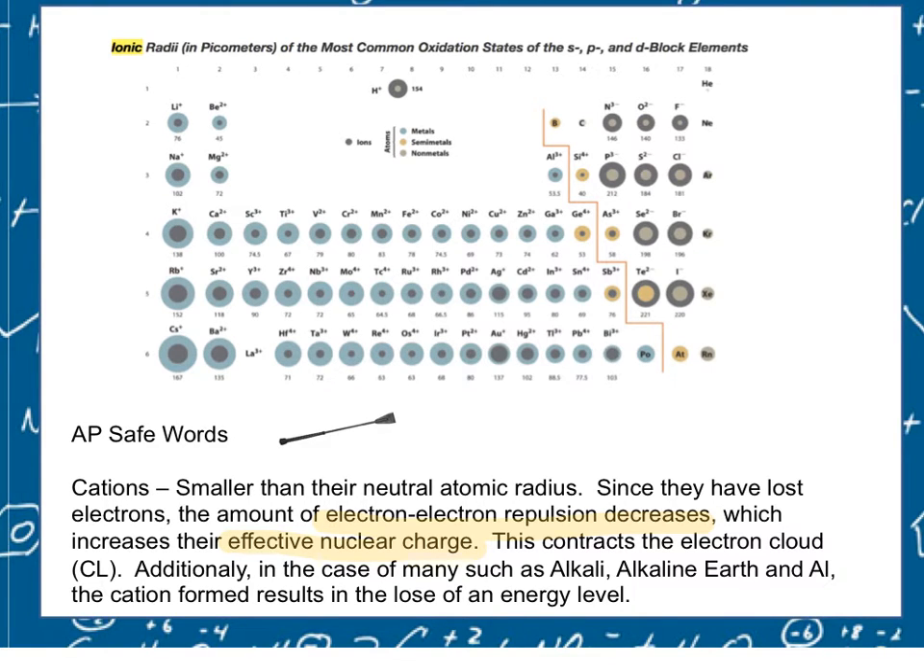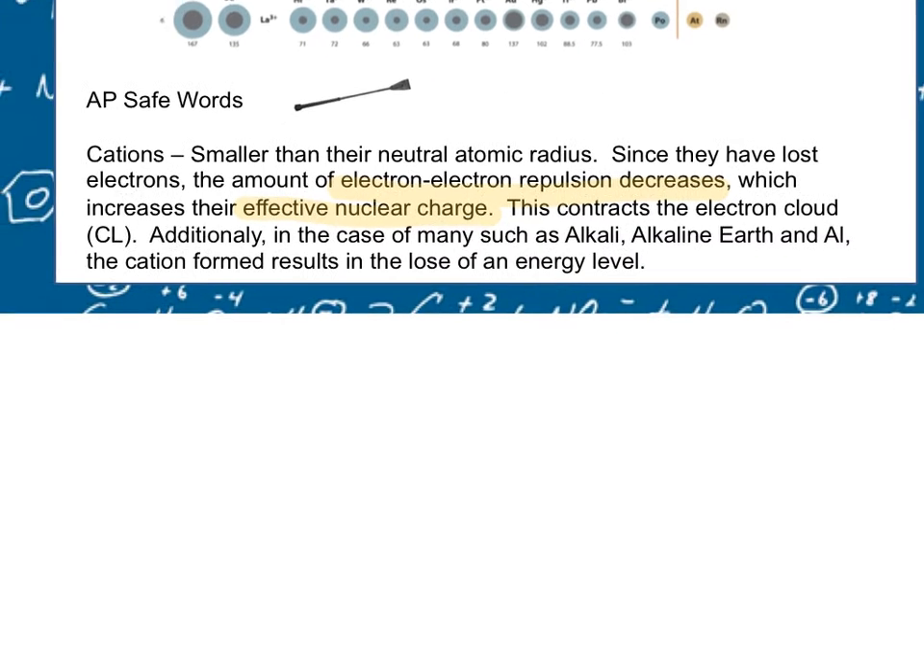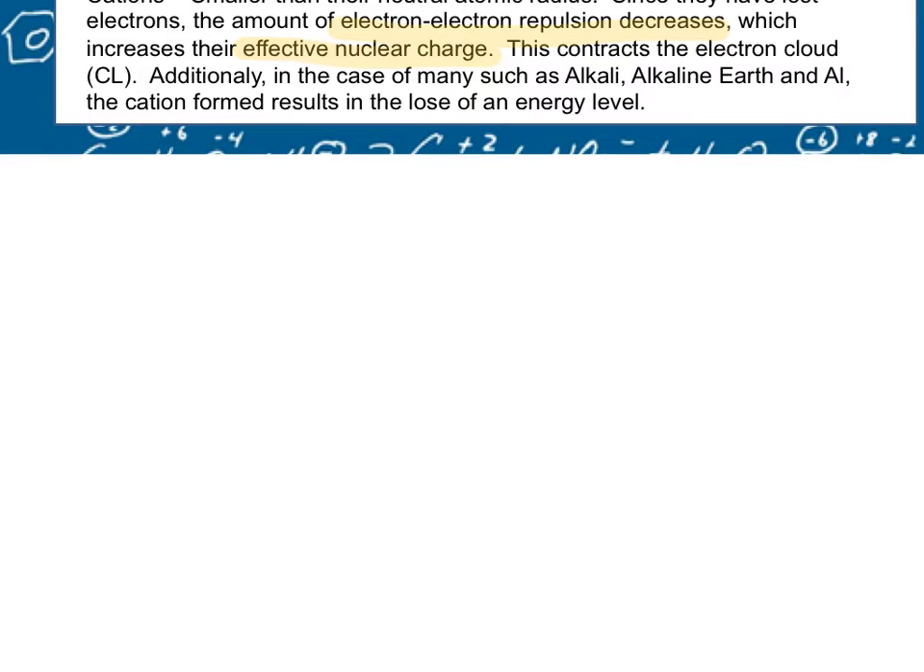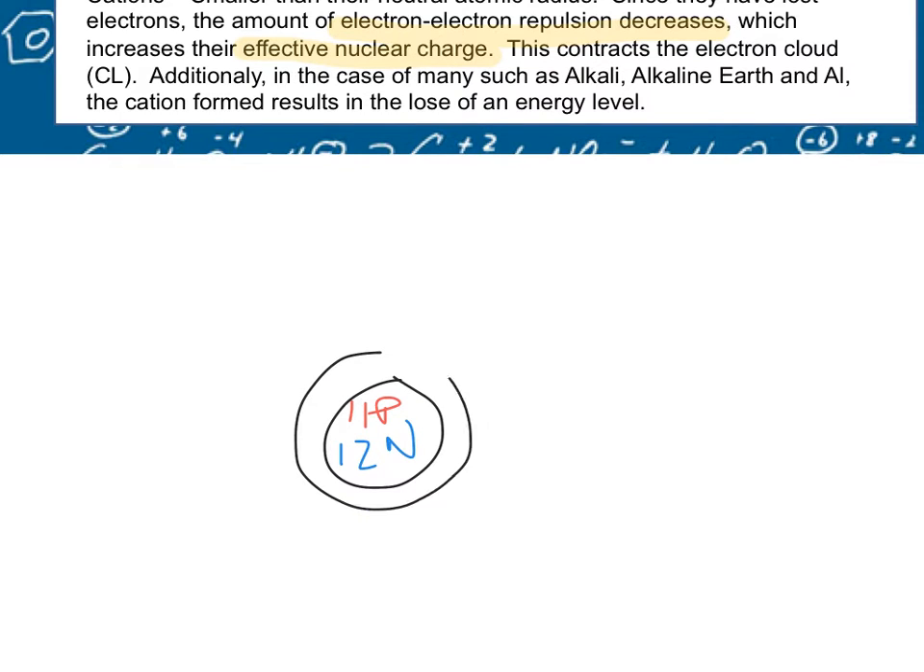Additionally, if you're dealing with an alkali metal, an alkaline earth metal, or aluminum, some of these guys over here, you may also be forming a cation that results in the complete loss of their valence shell. So if I were to draw sodium, it has 11 protons, and the most common isotope has 12 neutrons, and it's 1s2,